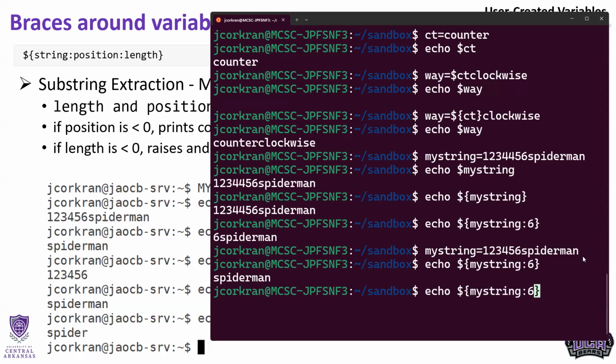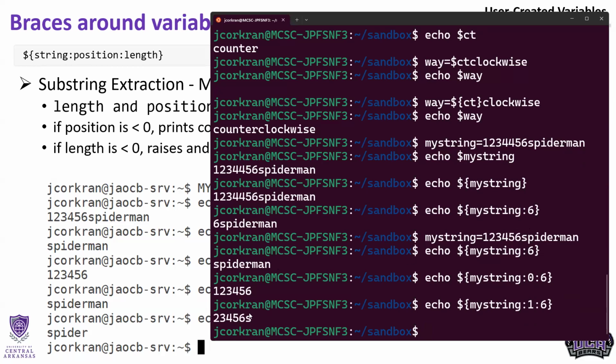Now, if we wanted to say, okay, let's just start at 0 index and then go to 6, then note that we get 1, 2, 3, 4, 5, 6 because it goes 0, 1, 2, 3, 4, 5, 6 exclusive. The second part excludes where it lands. So you only get those first characters right there. And just showing that it does start at 0 here. If I do 1, you can see we don't get 1 because the 1 index is